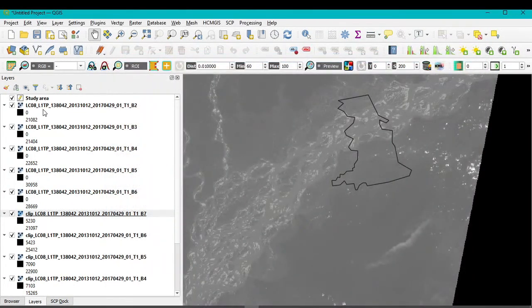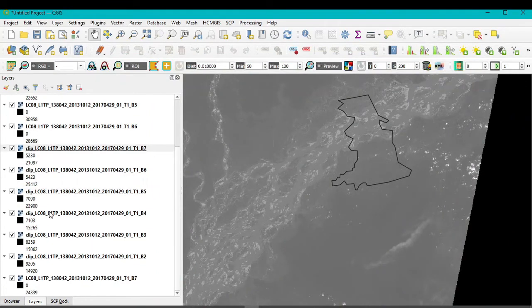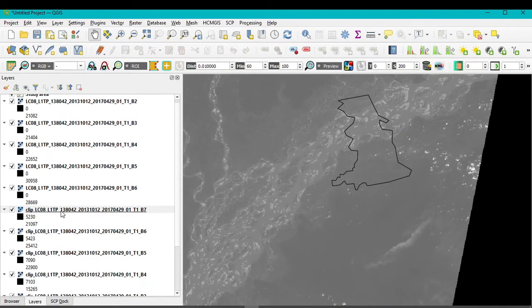Close this window, and within the layer panel you can see two types of bands. One is simply LC08, another is clip LC08. So these are the new bands according to my study area.